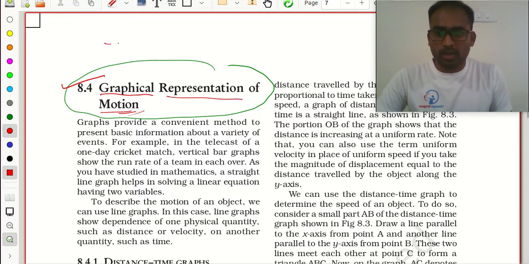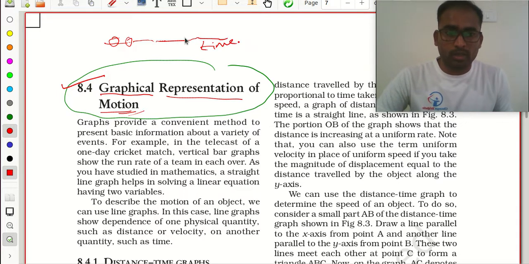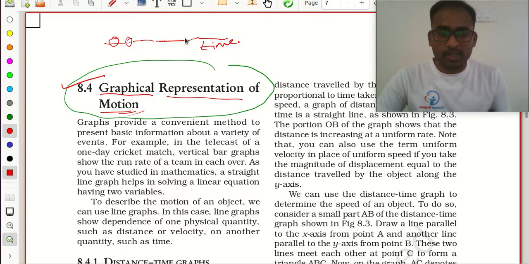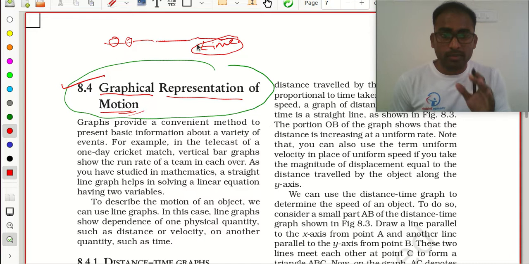See, now I started my bike here. And I am going with more speed, less speed, more speed, less speed. And with respect to what? Time. If I reach in very less time, it means I moved with a very high speed. And if I take more time to reach my destination, it means I went at a low speed. That means we are using time as a reference, and we are measuring the distance.